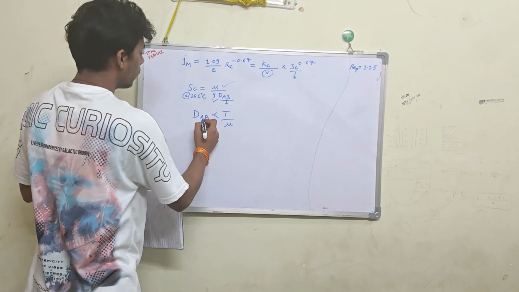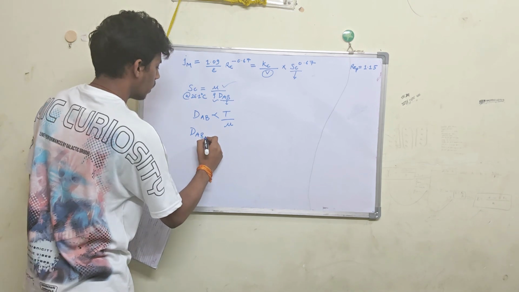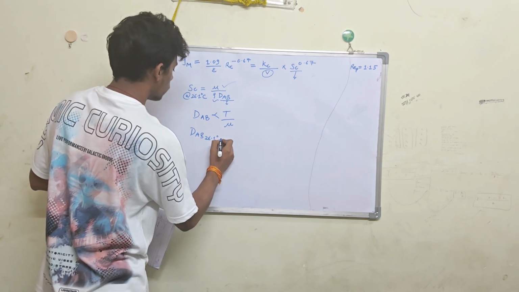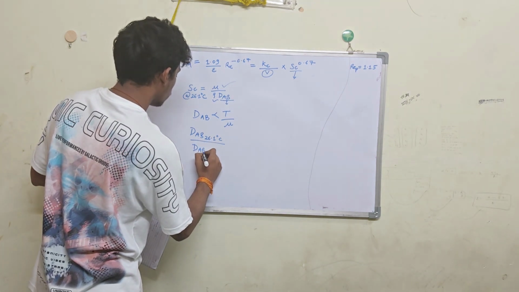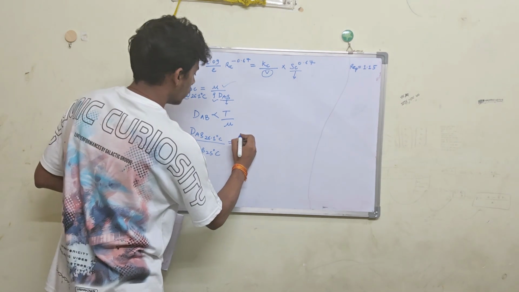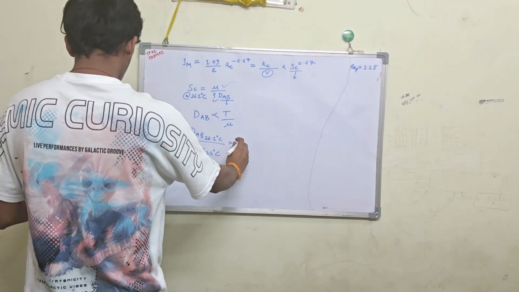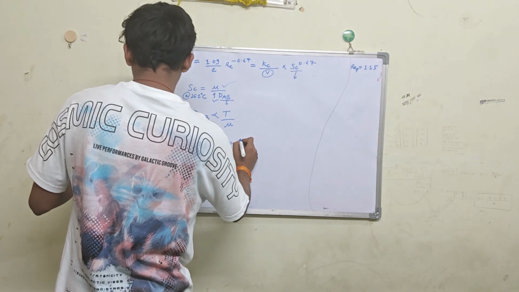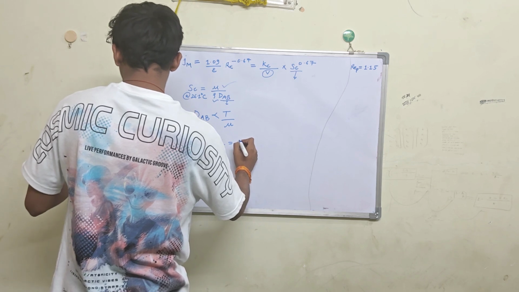So DAB at 26.1 degrees Celsius divided by DAB at 25 degrees Celsius is equal to 26.1 degrees Celsius, which we have to convert into Kelvin. So that will be